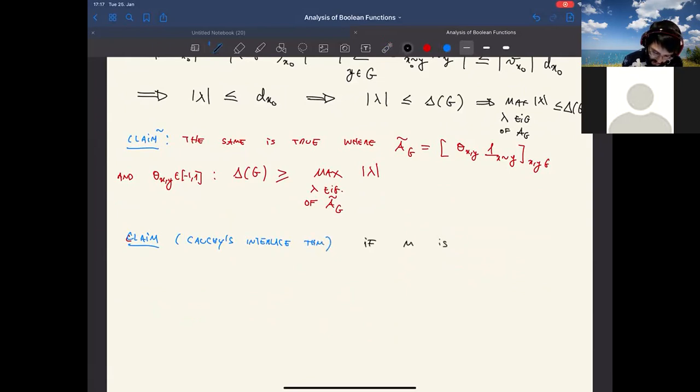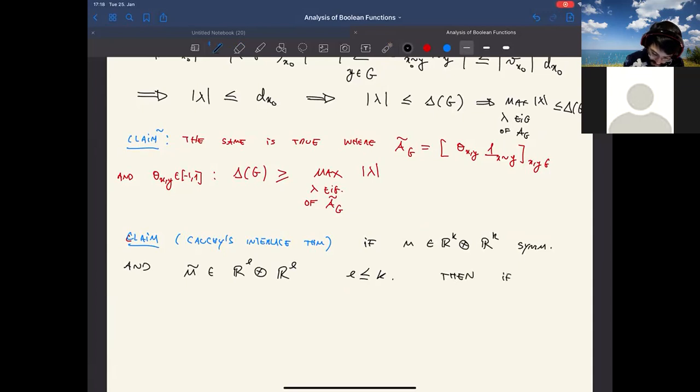If M is a symmetric K by K matrix, and say M tilde is an L by L symmetric matrix with L less or equal than K,